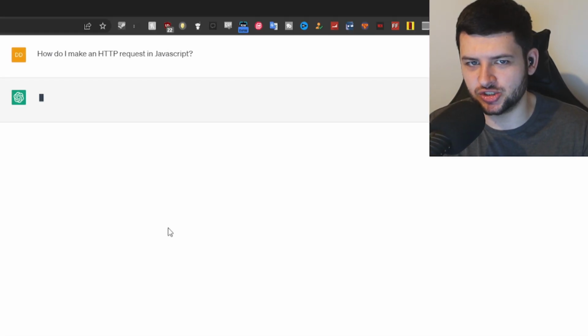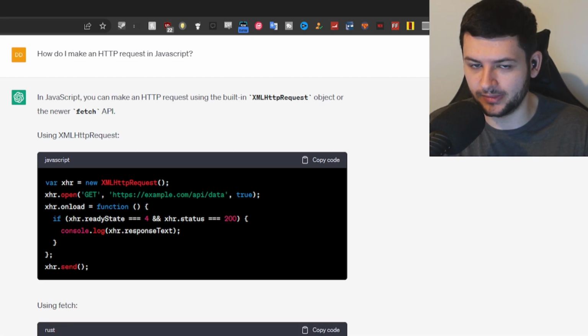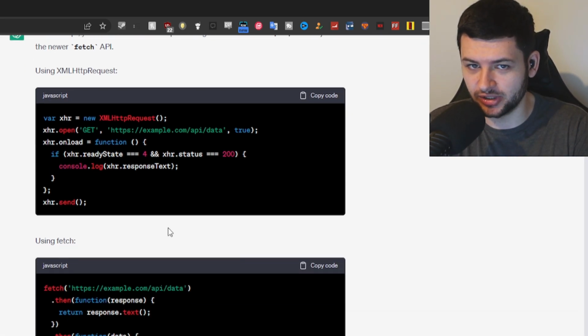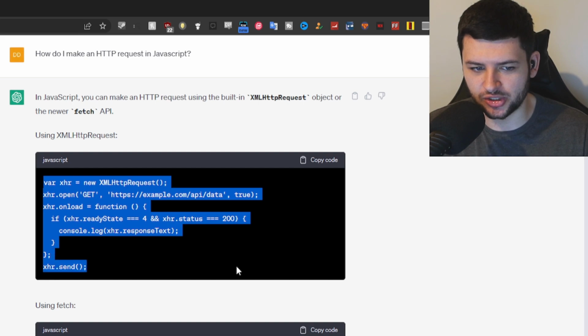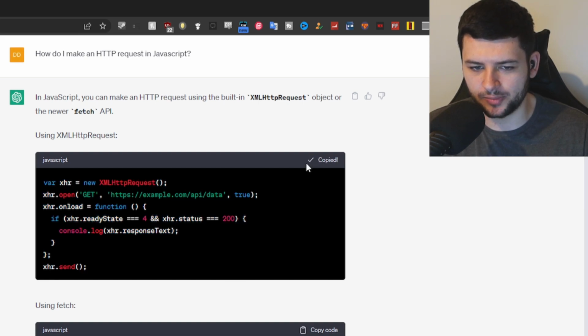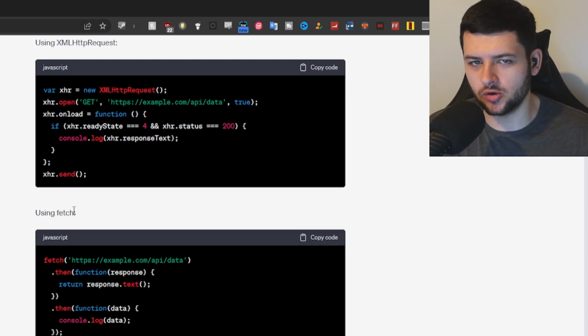So ChatGPT does actually have some kind of understanding of programming code, especially GPT-4, which I said you get with the premium plan. If you're subscribed, you can do some really great things with GPT-4. As you can see, it says in JavaScript, you can make a HTTP request using the built-in XMLHttpRequest object or the newer fetch API. And then it shows us an example of the JavaScript code we can use. We can also press copy here to copy that to our clipboard, and it shows us the alternate method as well. So you can use this as a coding companion if you're a programmer, which is a nice use case